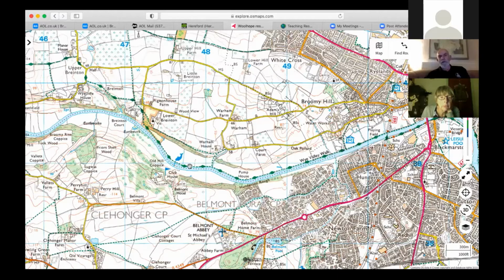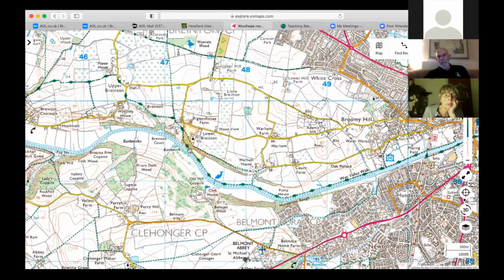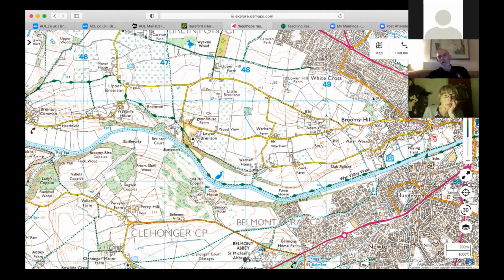underneath the potential site of the bypass, which seems to have been headed off, and then coming up through past Brainton Church, which is itself a very attractive spot, or going up this little path here up to Warham House, which has got an interesting interpretation board. If you've never seen it,